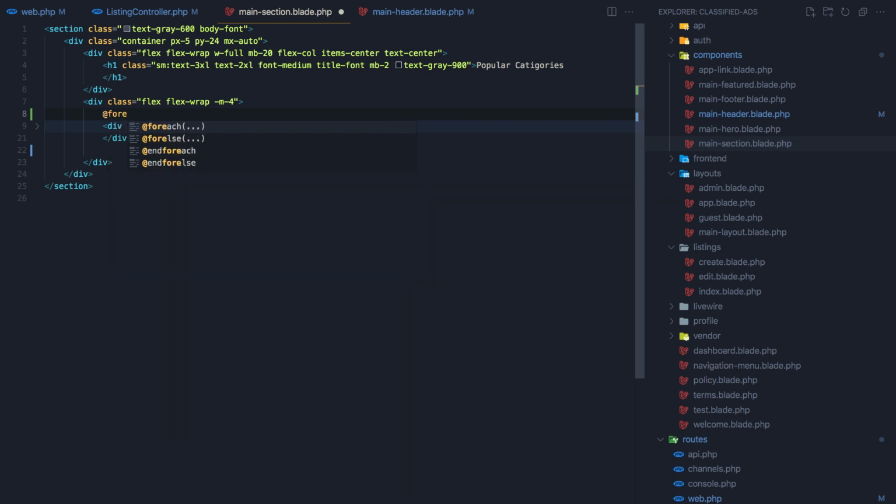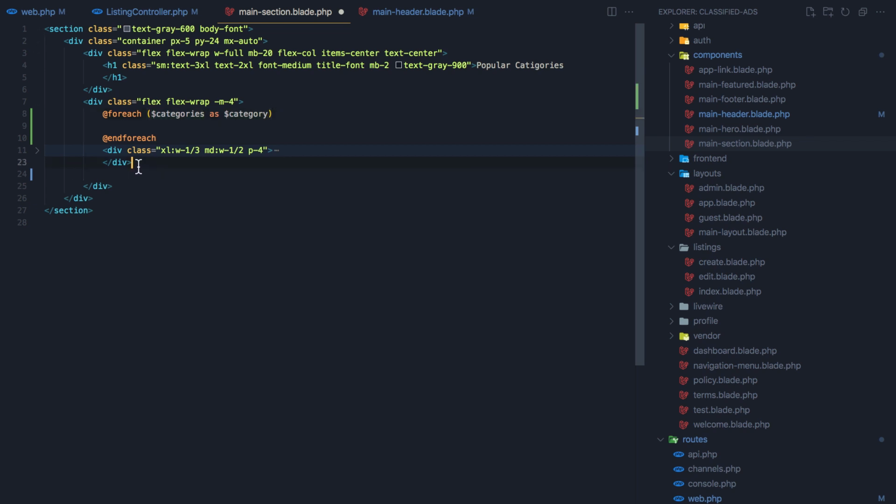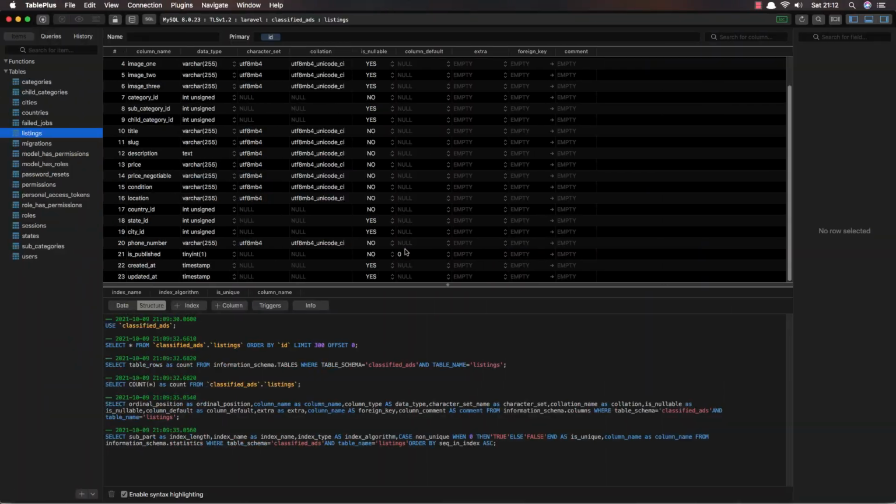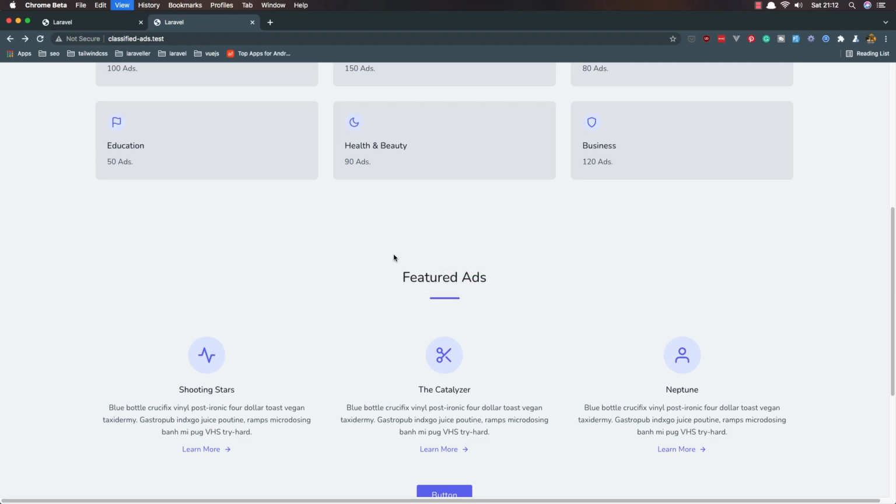So foreach categories as category, and cut this and paste it here. Here we can display the category name. If I save and come to the browser, refresh,